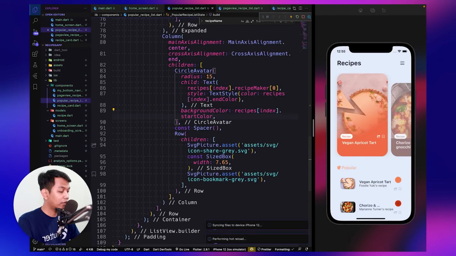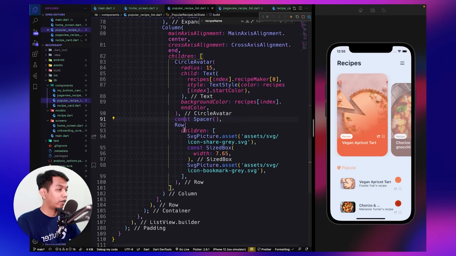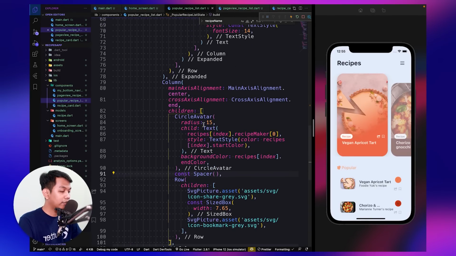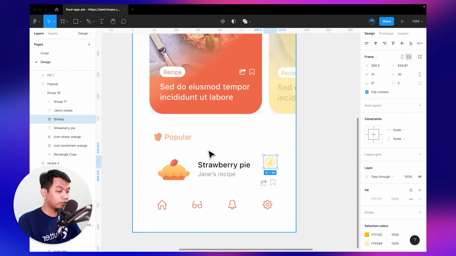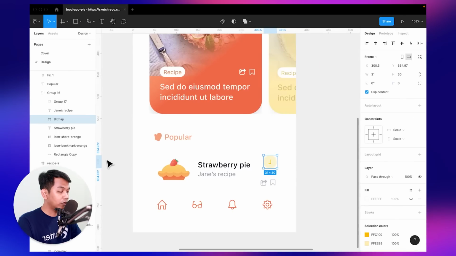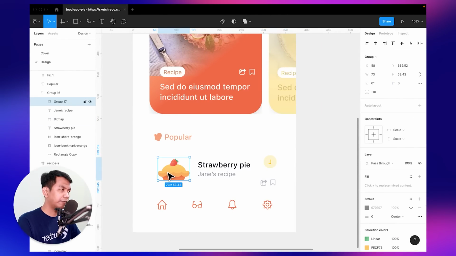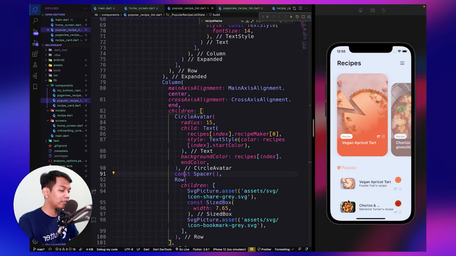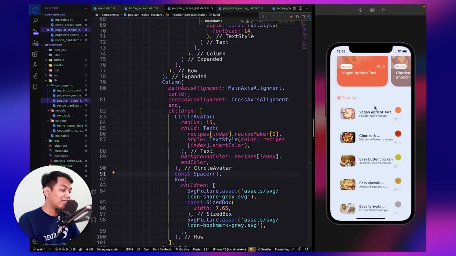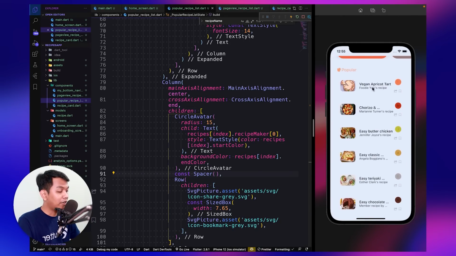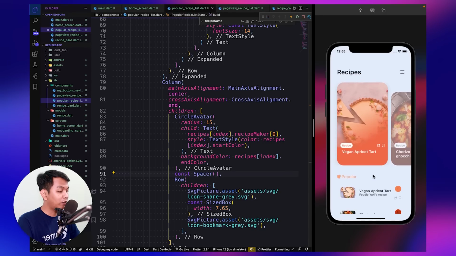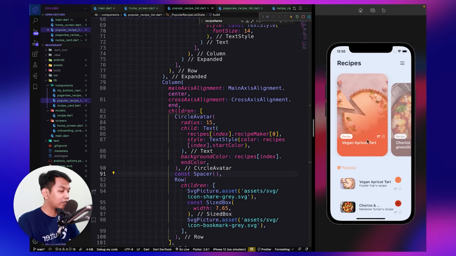How about start color? Okay, so look like this. So we don't use an icon, but we use the real receipt image, as we have inside our asset folder.